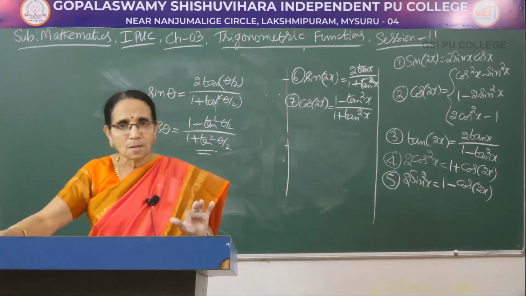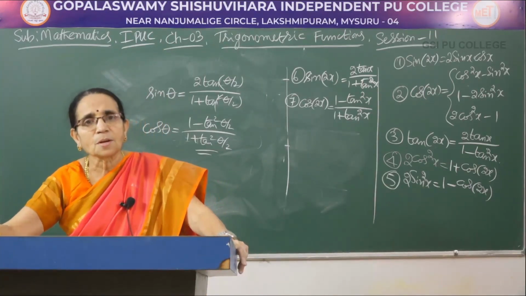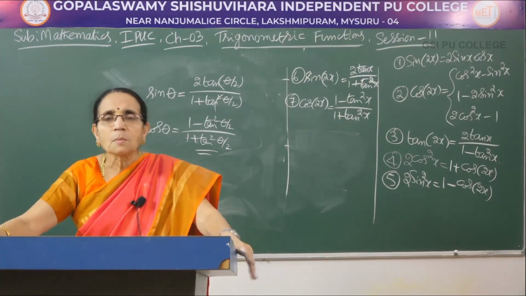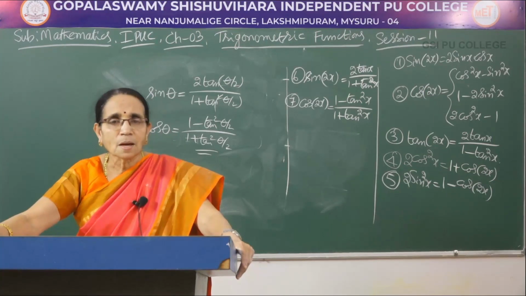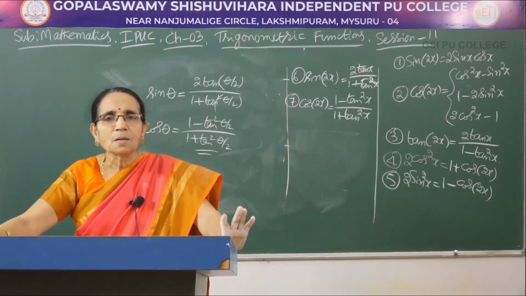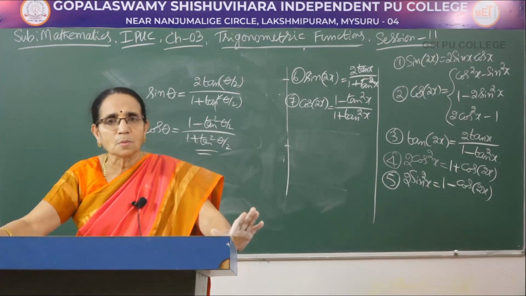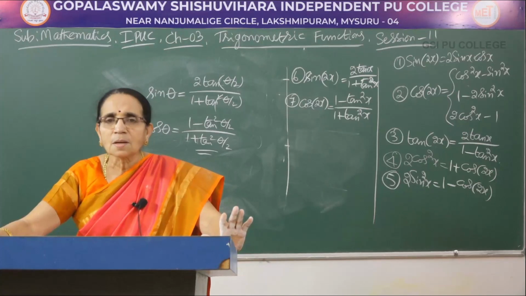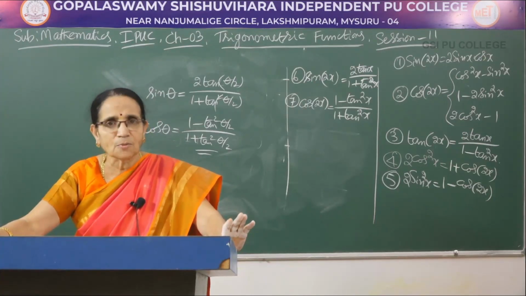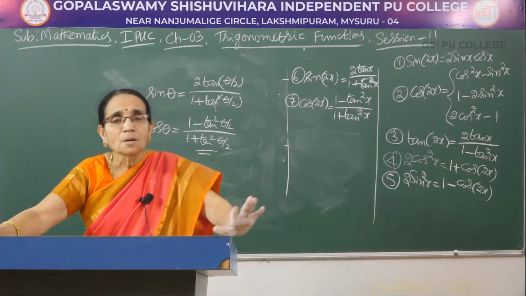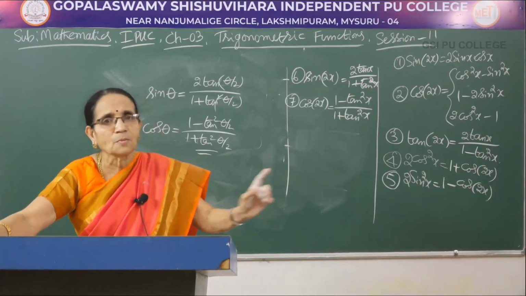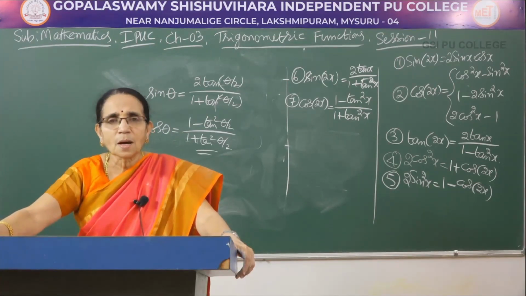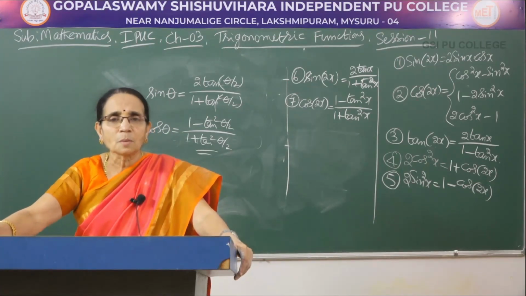Now, I am completing the session now. In the next session, I am going to derive the trigonometric formulae for the multiple angle 3x. There, only one expression: sin 3x would be expressed only in terms of sin, cos 3x would be expressed only in terms of cosine, and tan 3x is expressed only in terms of tangent function. Not mixing up like this one. All of them can be given for a 2-mark question. And those 3x formulae can be expected for a 3-mark question because it carries more number of steps.